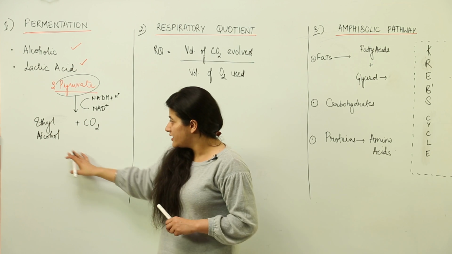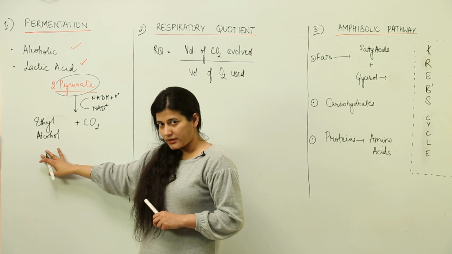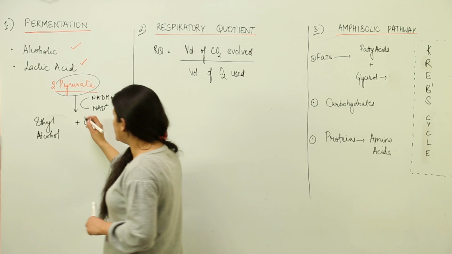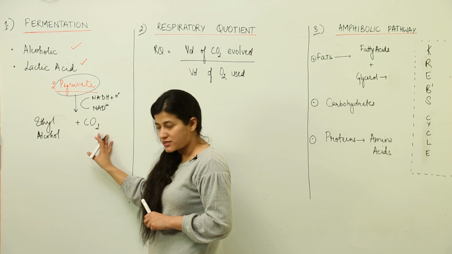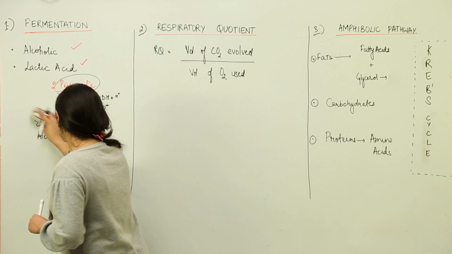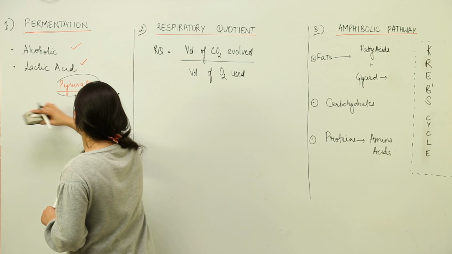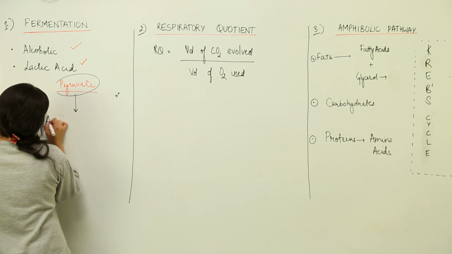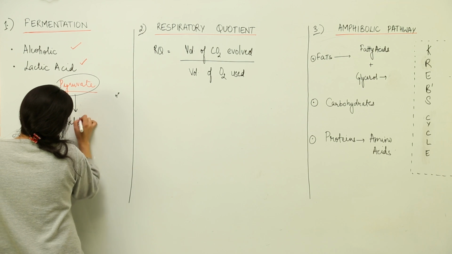Now how it happens? This is an alcohol that we are getting in the end. Each pyruvate molecule, it breaks down to, and this is not the direct process. What happens is, consider it that each pyruvate molecule is getting broken down to, in the first step, an acetaldehyde,